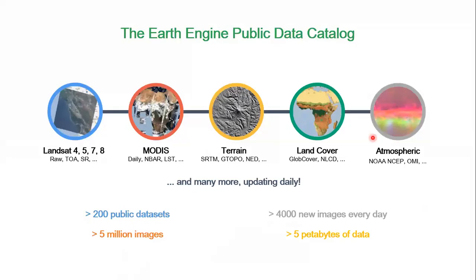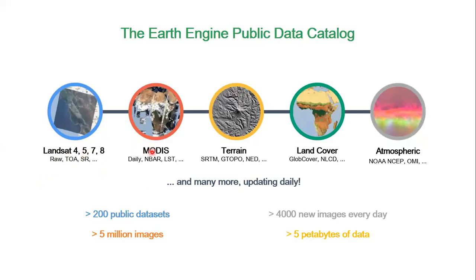When I was talking about the public data catalog, most of you have heard about Landsat 4, 5, 7, 8. If you want to analyze something on Landsat 8 and the same analysis on Landsat 5, you have to download Landsat 5 and 8 separately. If you download raw data, you have to convert it to TOA, top of atmosphere correction, then convert it to surface reflectance. But Earth Engine provides all of these data sets in one go. It provides Landsat 4 to 8, not only as surface reflectance data but also raw data, top of atmosphere. All the publicly available Landsat data can be obtained with the help of Google Earth Engine.